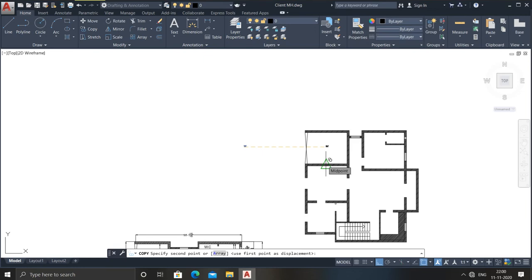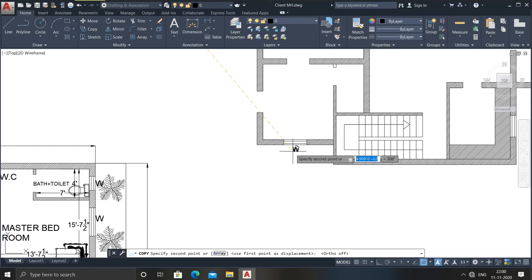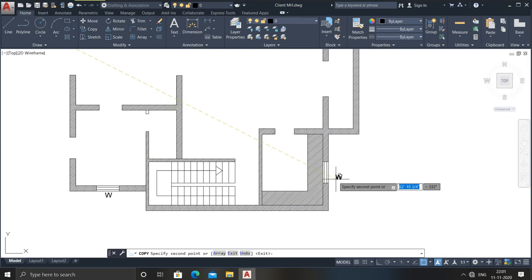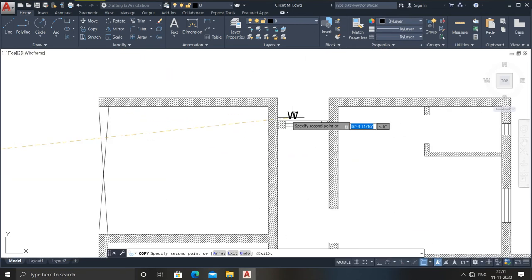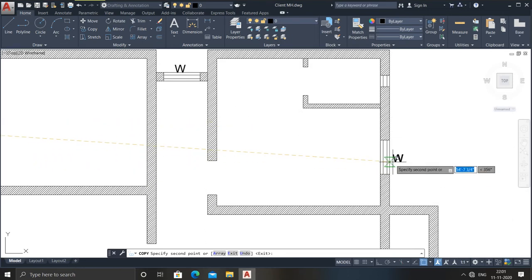My ortho is on, so I need to turn it off. Wherever the window you have placed, just go and place it simply after here. Now where I need to place the window, here, right? Now I need to place it here also.